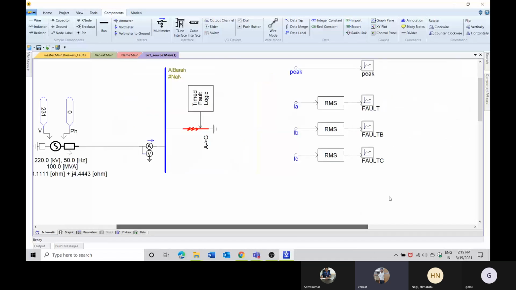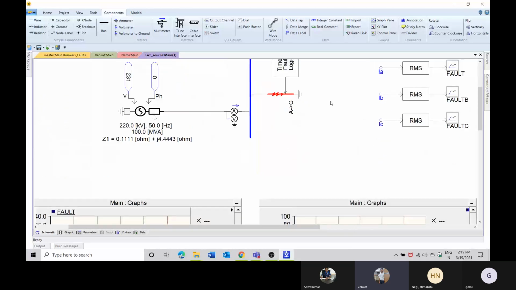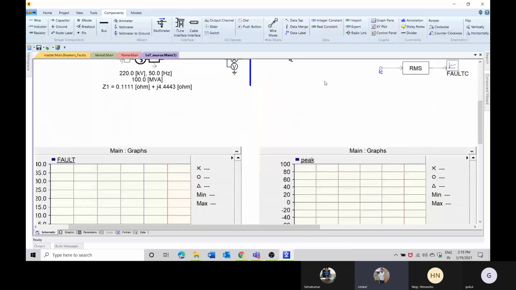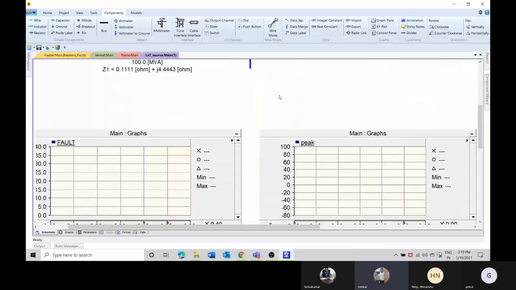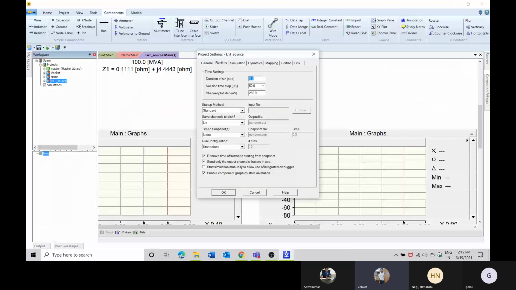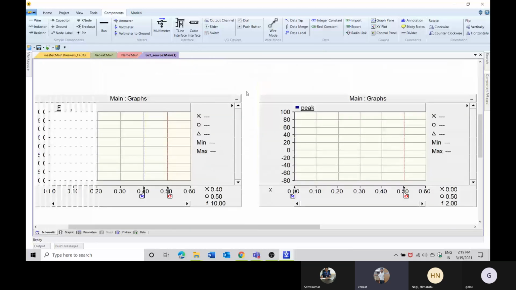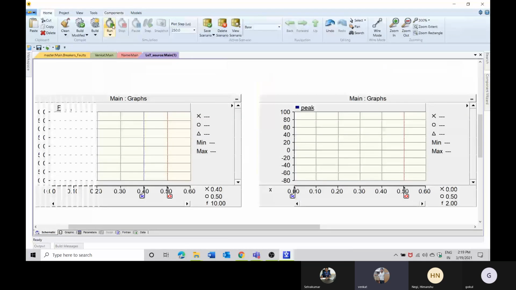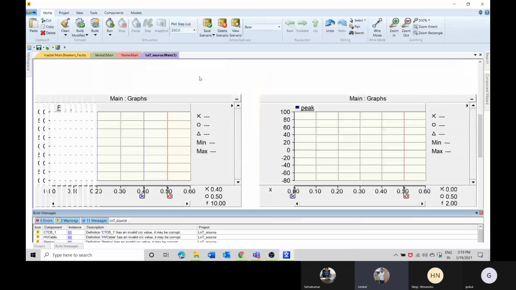That is what I have done here. This part we will come to a little bit later. Now we are trying to find what this solution time step and channel plot step options do. That is what we are going to see now. I'm just going to run the simulation. Here you can see there is something called the run button that I am clicking.